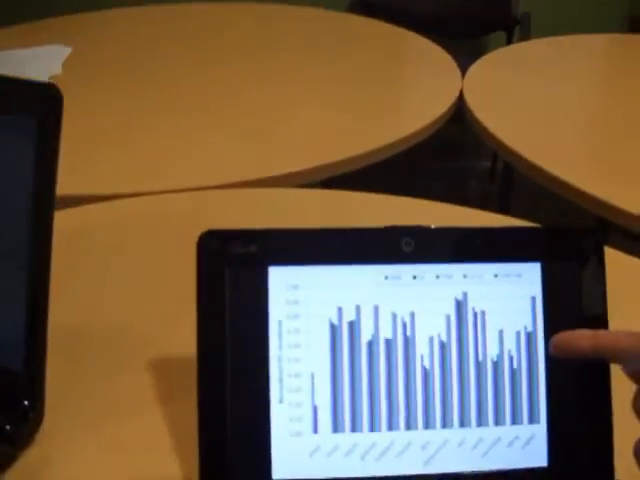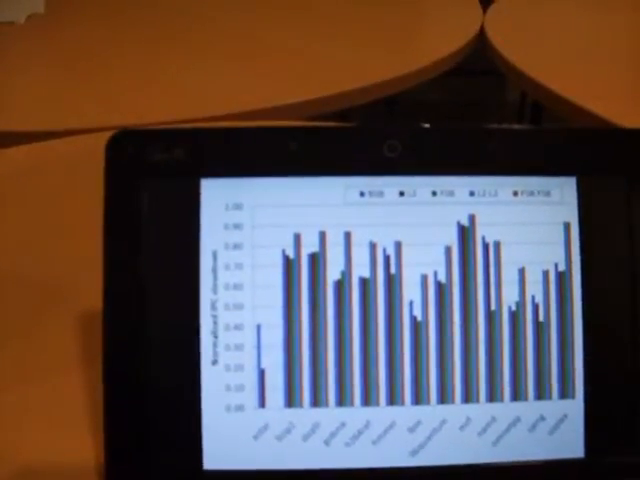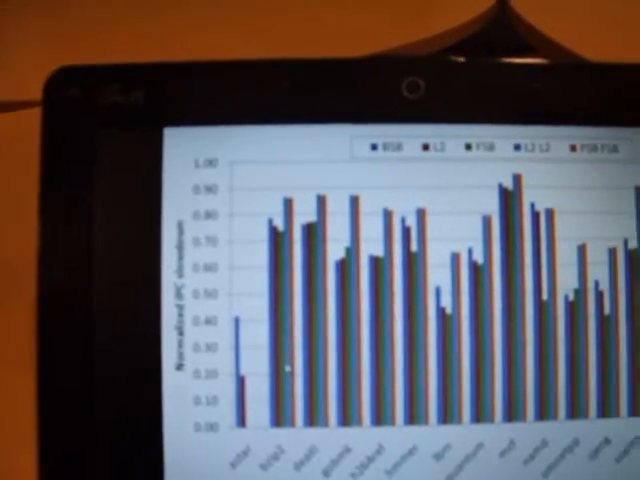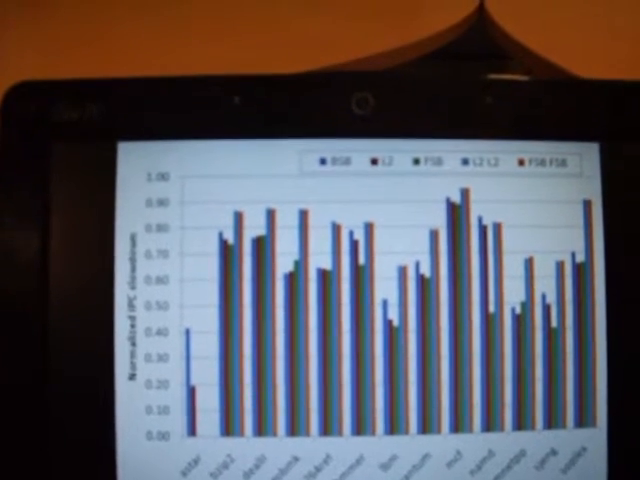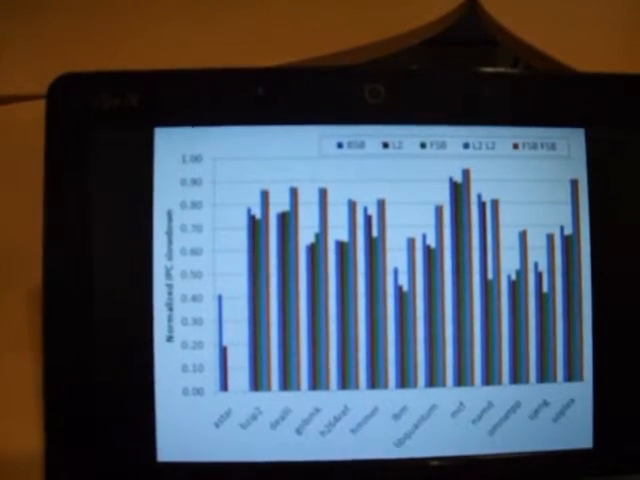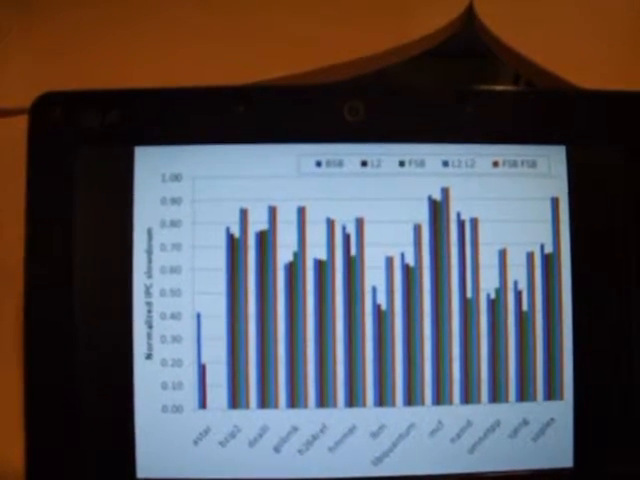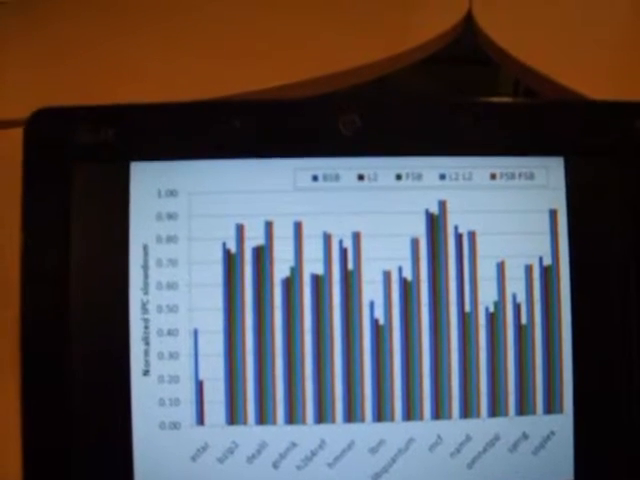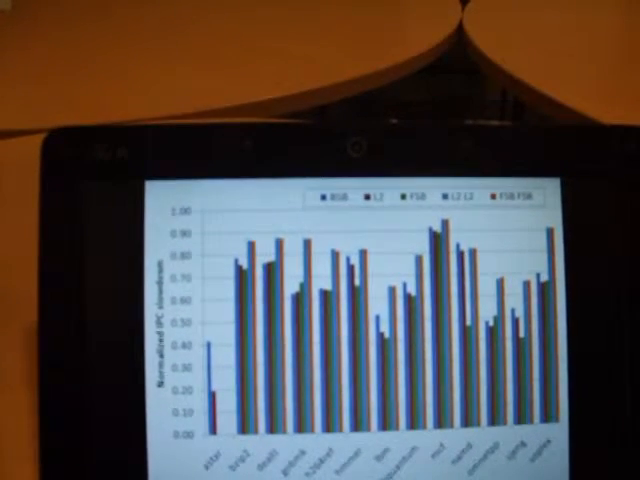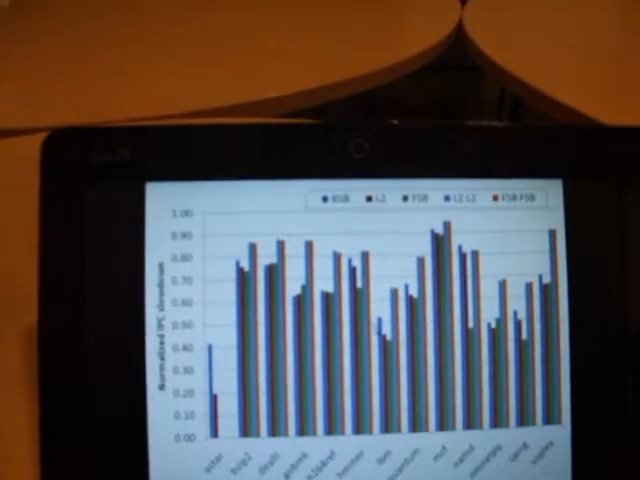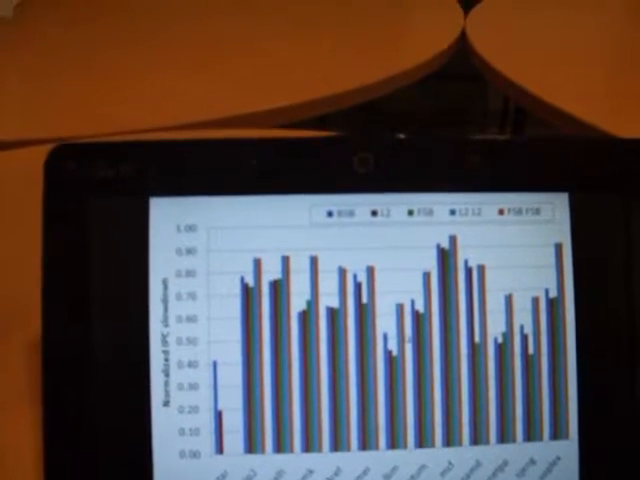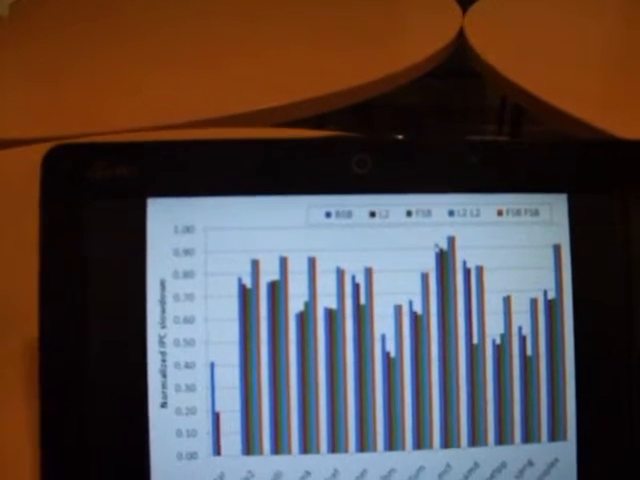So in this graph, there are 5 bars per benchmark, and the leftmost bar is the backside bus attack, the second one is the L2 cache attack, and the third one is the frontside bus attack. According to the paper we cited, the backside bus attack is the most efficient attack among the three, but in our results, the backside bus attack is the best, then the L2 cache attack is next, and then the frontside bus attack is the worst,